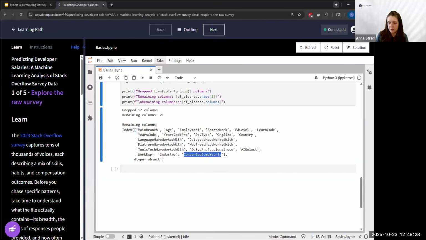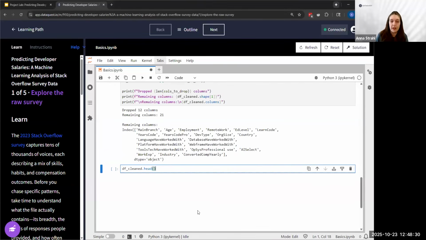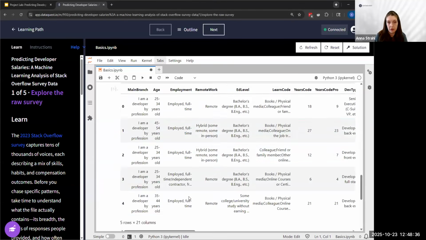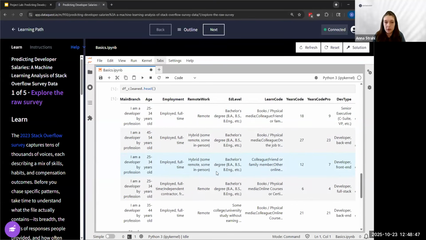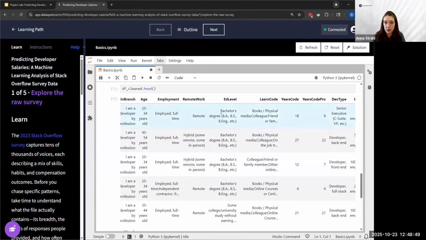All right. Now let's look at the head of our data frame. Okay, we have our remaining columns, and we can see a lot of string values here. Education level: bachelor's, some university, some college.